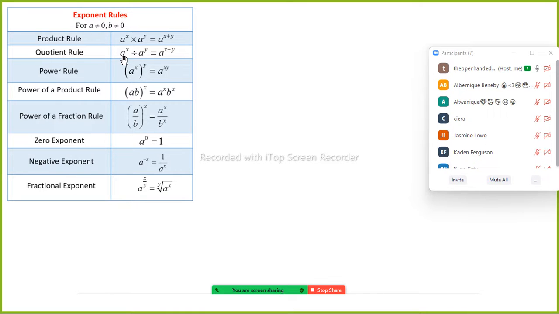Because 0 is an interesting number because if we raise 0 to the power of 5, we raise 0 to the power of 6, whatever, it's still 0 because 0 times 0 times 0 times 0 is still 0. So this doesn't work when A is 0. All right, so these rules do not work when A is 0, and they do not work when B is 0. All right, so